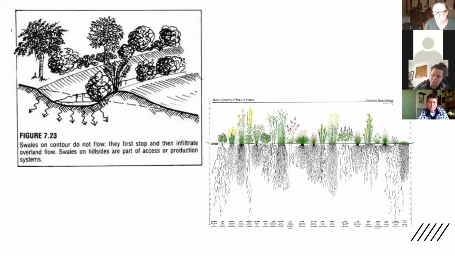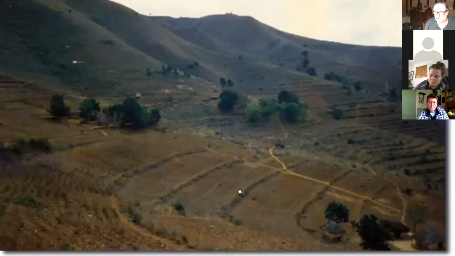So this is on contour. These lines are on contour. They've measured them carefully. They've done a ditch and a bank. Now, when they started building these swales, they did it in the dry season when there wasn't much else farming to do. Mostly the people in the community laughed at them. They said, what are you doing? It's non-productive. You're wasting time and energy. But they were undeterred and they carried on.